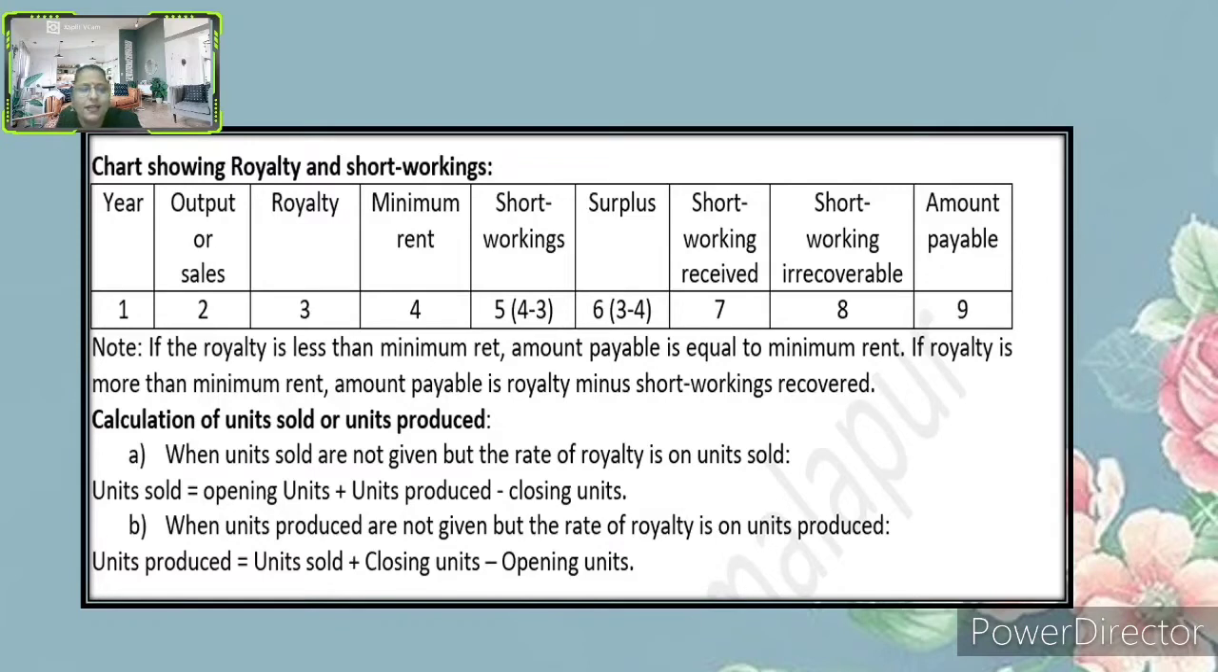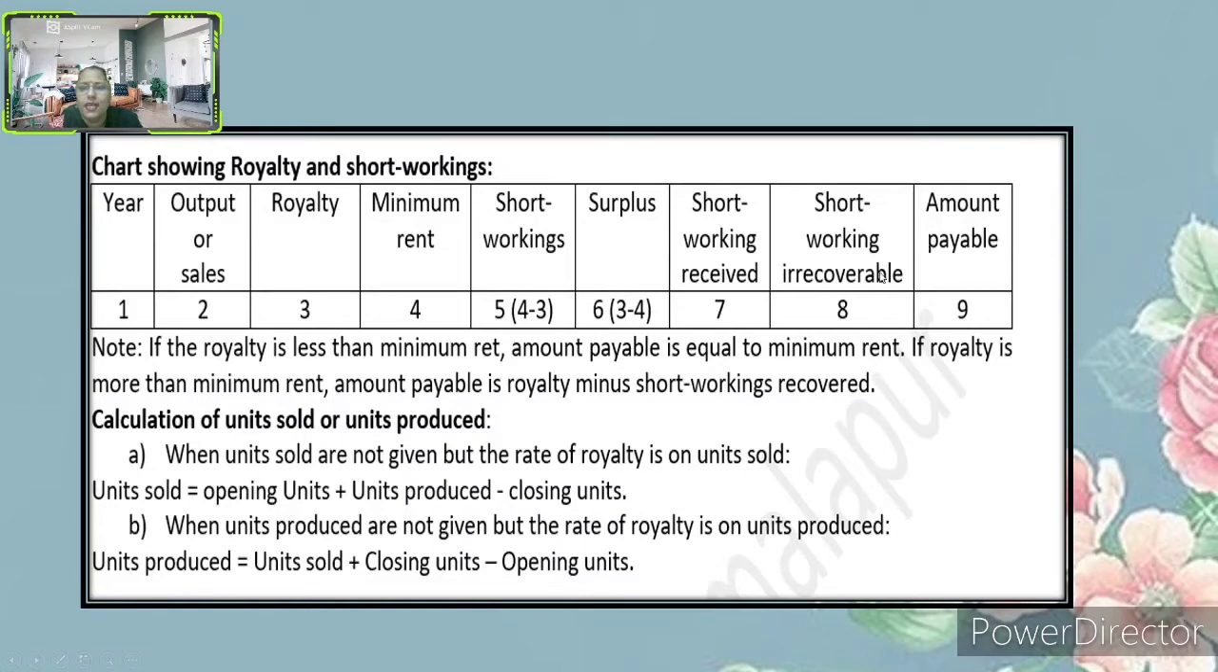First, let us see what the format of a royalty account is, that is, how the short workings are calculated. So, the chart showing royalty and short workings. Here, how many columns are there in total? Let us see. Here we have the year, output or sales, royalty, minimum rent, short workings, surplus, short workings recovered,